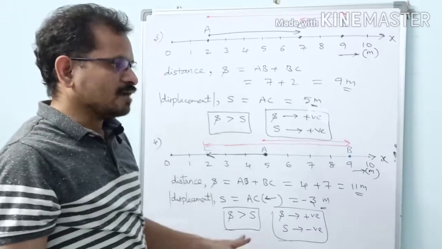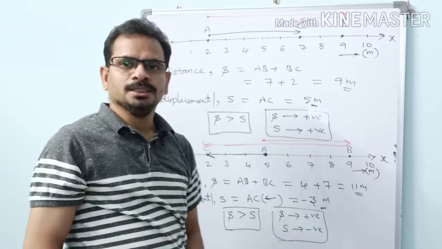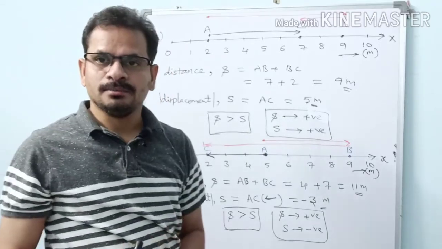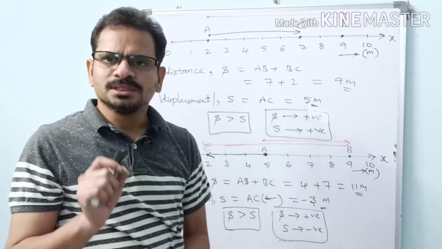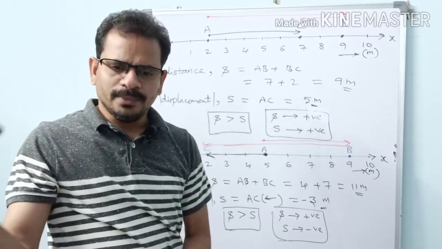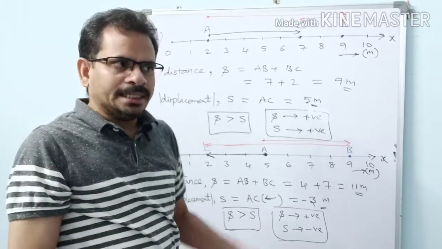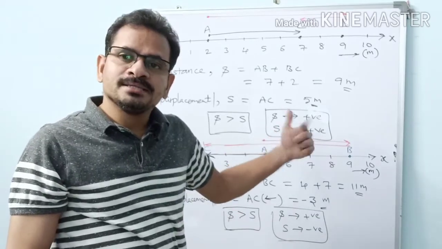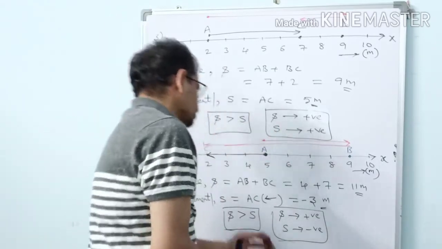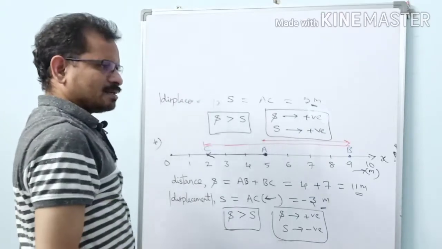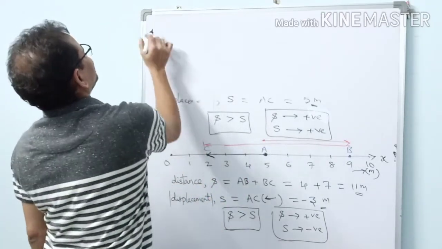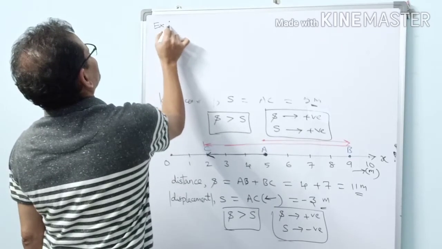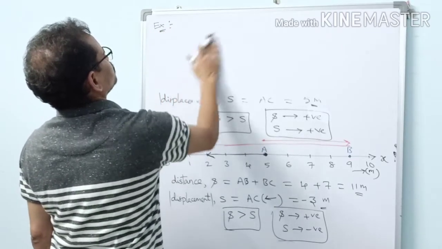Since our chapter is motion in a straight line, no need to bother about vectors. Simply this is enough for us. But in textbooks or branded books, along with these problems you find some other problems. Let me give you one example regarding that. In this chapter, motion in a straight line, why should we consider such examples? Yeah, we can find such examples.